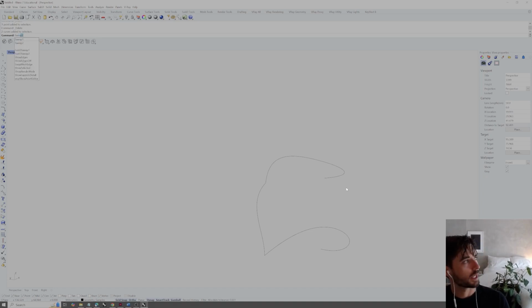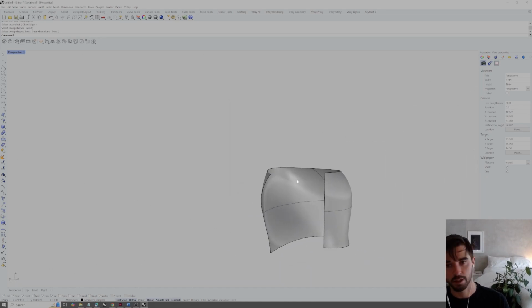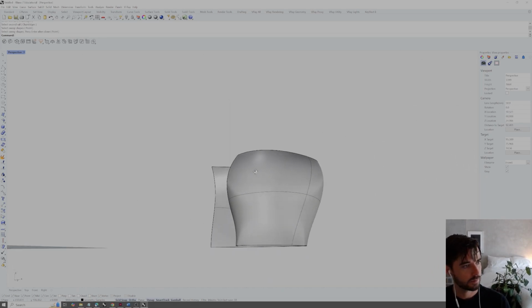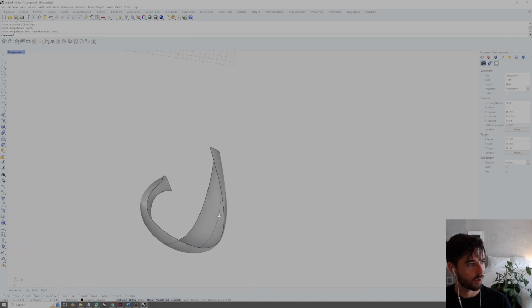And this is going to be indicated by sweep 2, where sweep 1 is just defined by 1 singular rail curve. So if we type sweep 2, it's going to ask us to select the first rail, which is our bottom rail, select the second rail, which is our top rail, and then our sweep shapes, which are the profiles that we want to sweep. So if we did this with a straight line, then it would just be the same thing as lofting. But if we do this with a curved profile, now we're going to get a doubly curved geometry, meaning curved on 2 axes. And we get this kind of profile swept all the way across